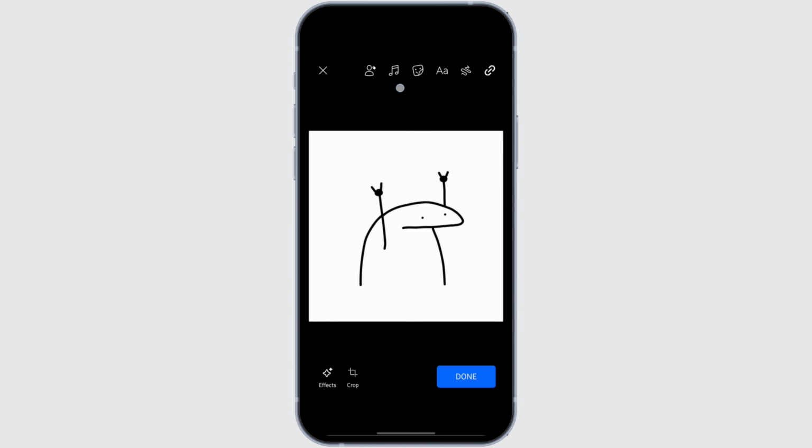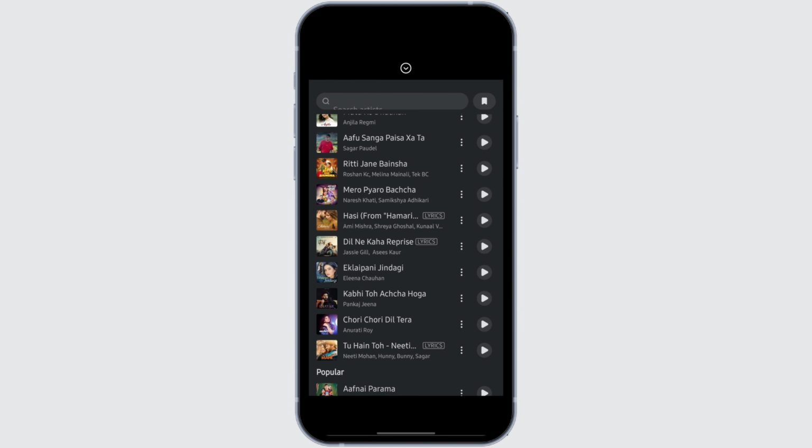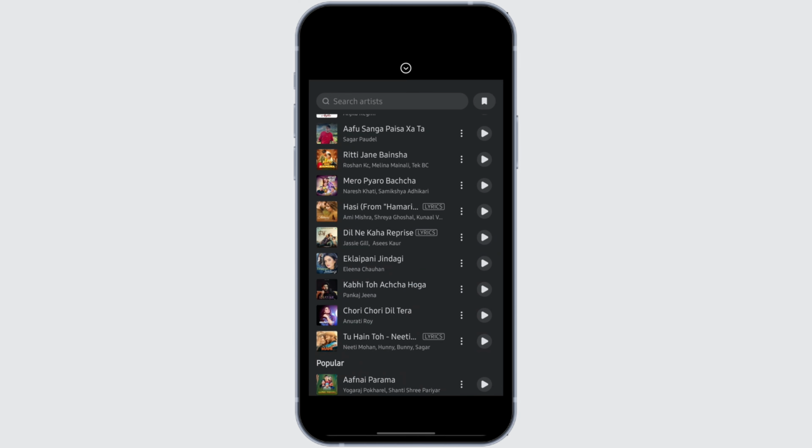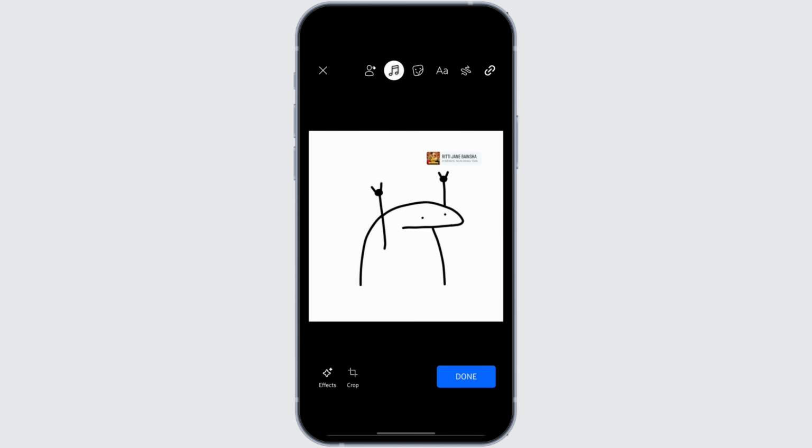And then you will see the option of music. Tap onto it. It will provide you various range of musics. In order to add this, tap onto this play icon. Once you select what music that you would like to add, you can minimize the screen and then just hide